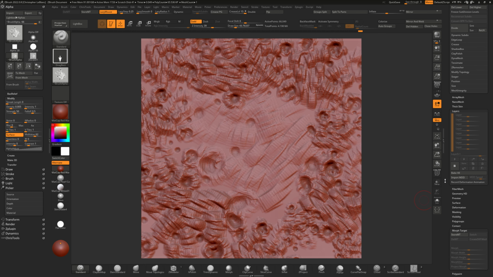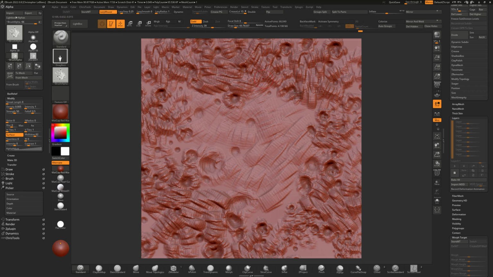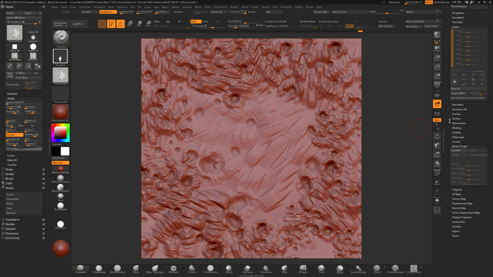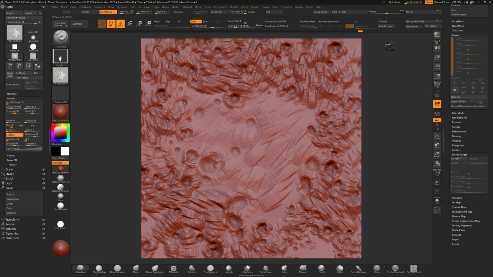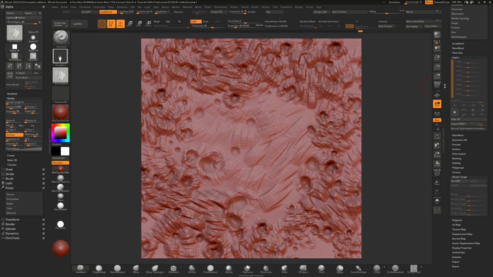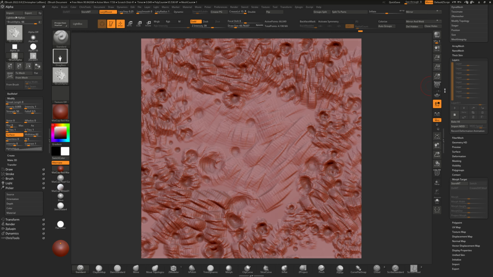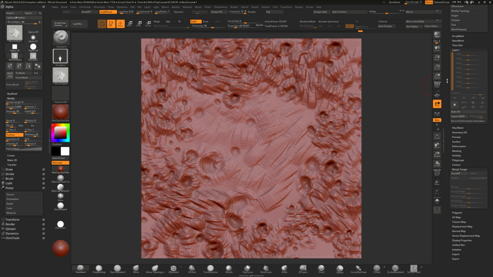You can also tie the alpha creation process together with using layers here, and also the morph target system. These three things were designed to work together, and once you figure that out, it really unlocks a whole new world of possibilities for your portfolio, not just ZBrush, but for your portfolio as well. There's just so many cool things you can do. I will create another one of these videos